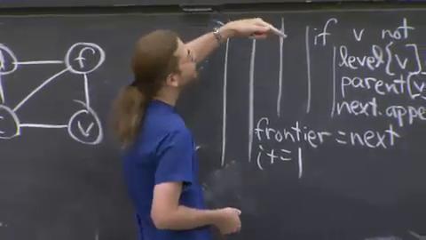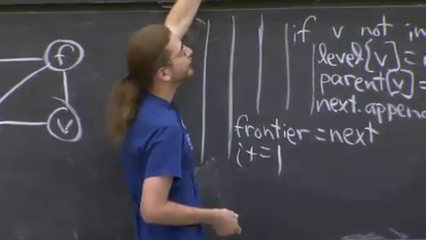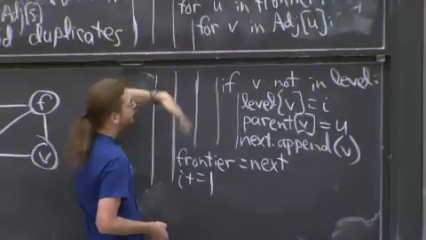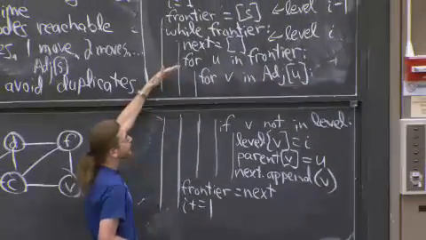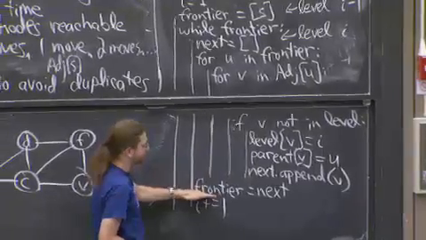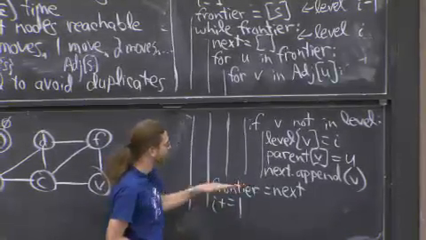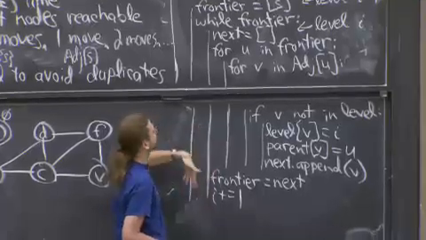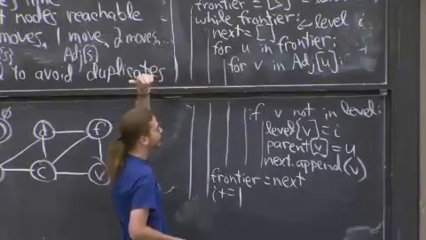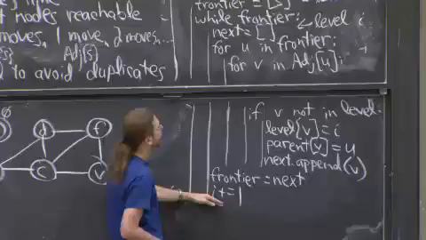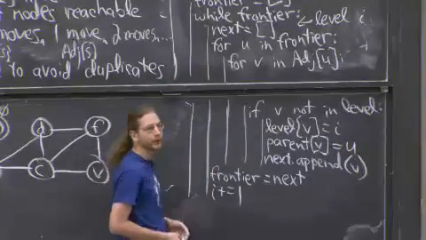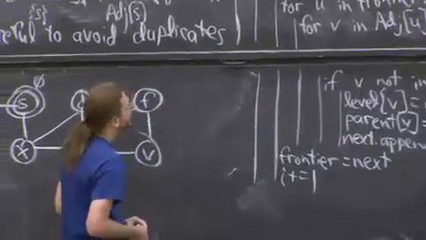And the bulk of the work here is computing what the next level is. That's called next. It's going to be level i. We do some computation. Eventually, we have what's on the next level. Then we set frontier to next. So because that's our new level, we increment i. And that invariant of frontier being level i minus 1 is preserved right after here. And then we just keep going until we run out of nodes.